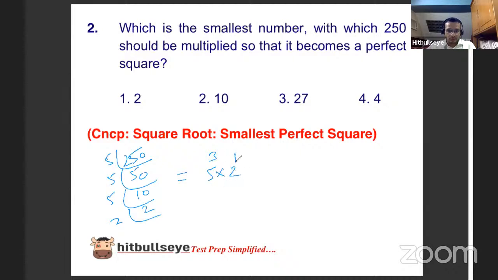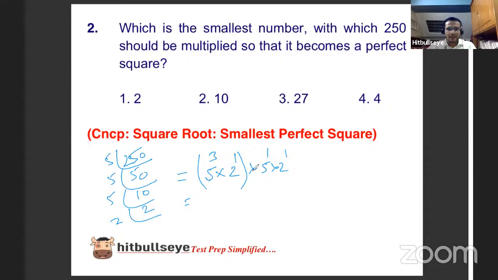Now 2 is to the power 1, I'll write that down. So both the powers I can see here are odd. None of them is even. I have to make both of them even. So what should I multiply? The smallest number has to be multiplied with nothing but 5 raised to the power 1 and 2 raised